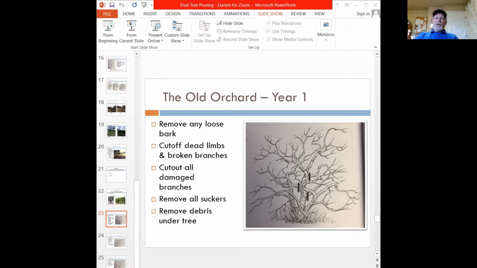So fruit tree pruning, and the relevant questions are, at first, why are we doing this? Don't trees grow? Don't we want them to grow? And why are we cutting at them? So fruit trees are intensively bred for specific fruit production. And so with that in mind, there are things that happen. Fruit trees get diseases, they have pest issues. Trees tend to be really vigorous, and sometimes they will be vigorous to the point it is detrimental to either your ability to manage the tree or the tree's ability to successfully ripen the amount of fruit it tries to set. So we are trying to control the size and the shape of the trees to make them more manageable,